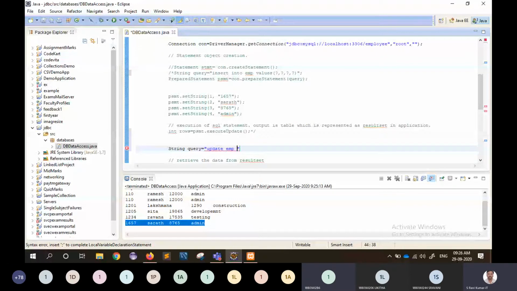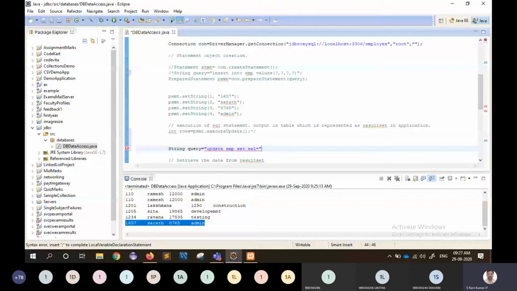Update table name, set column name is equal to column value. So here the column name: I want to modify the salary. Salary equal to, suppose, 13,450 rupees.